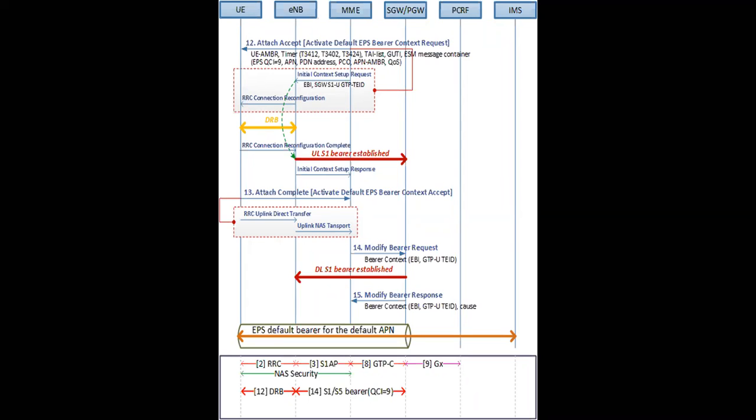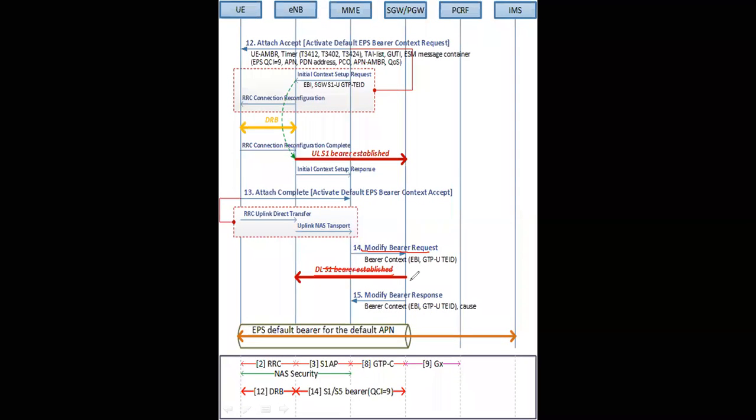Okay, this DL S1 bearer is established. Once the S-Gateway receives this modify bearer request, the S-Gateway establishes the tunnel between the S-Gateway and eNodeB. And the S-Gateway informs eNodeB that it has already established a tunnel with the respective eNodeB. So for that modify bearer request, the S-Gateway sends the modify bearer response, in which you can